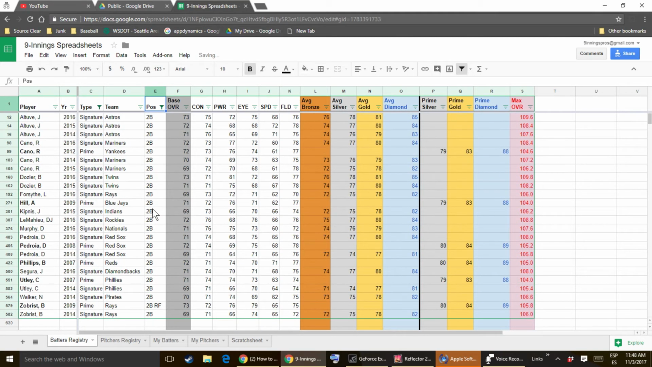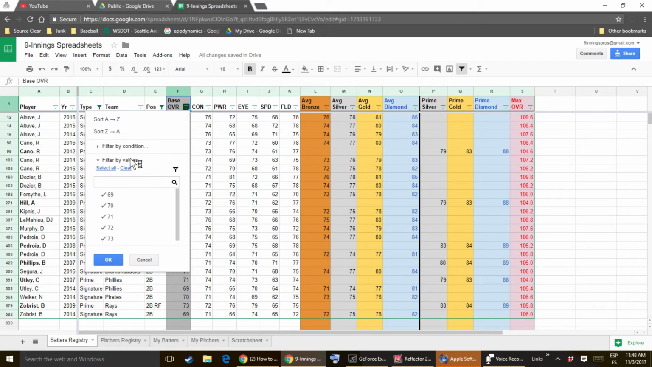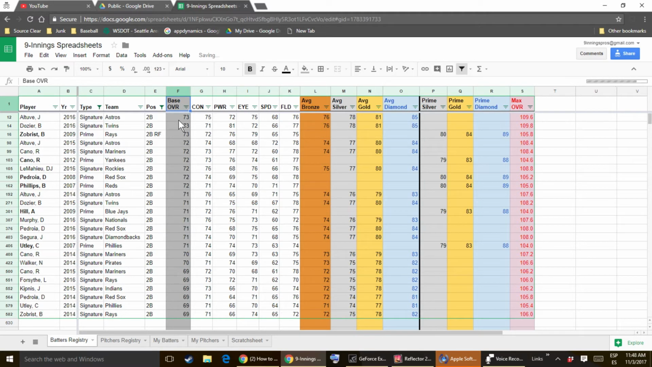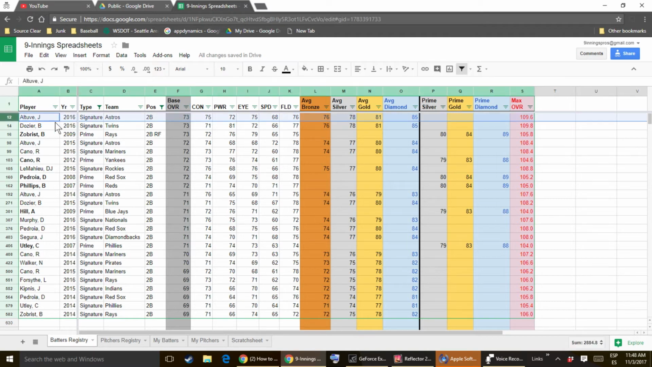And these are the second basemen I have on record, which is interesting enough. We can sort by base OVR, and you want the highest ones first, so you need to sort this one in Z to A order. That'll bubble up the top. The top second baseman I have tracked right now is the 2016 signature of Altuve,